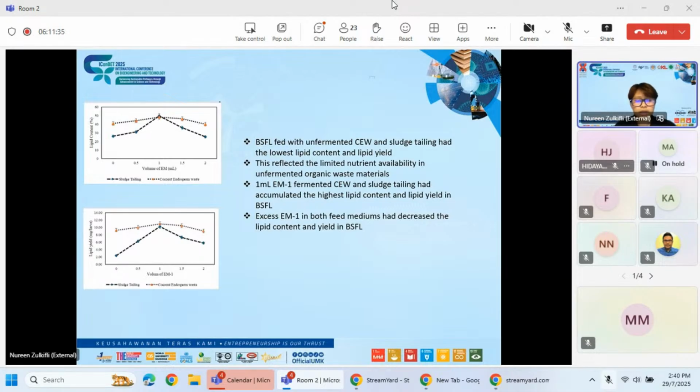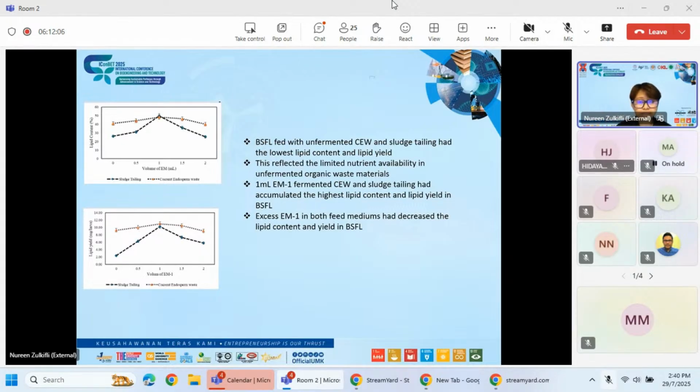This is because it hardens the larva digestion and also assimilation due to the complex structure of lignocellulosic waste. However, after the addition of EM1, the lipid content and also the lipid yield started to increase. This is due to the enzymatic breakdown of the lignocellulosic waste structure, which makes it easier for larva